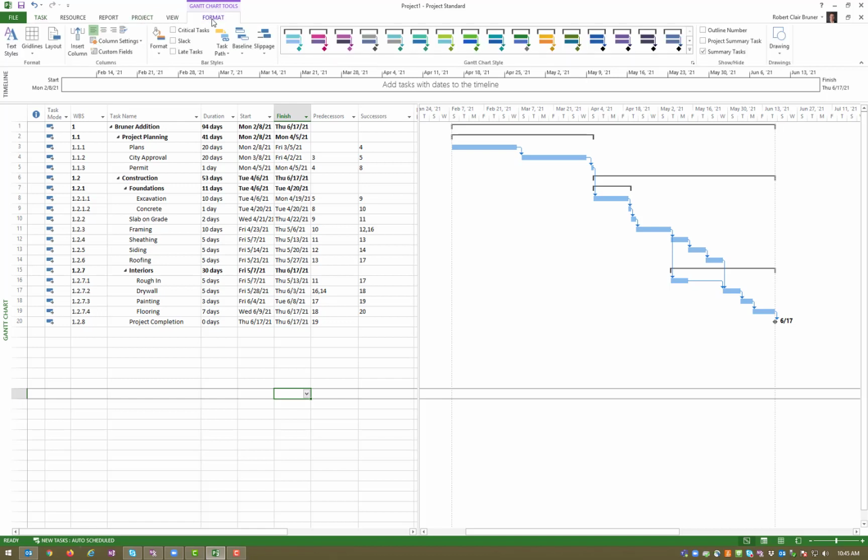Under Format, if I want to show my critical path in red activities, I'm going to hit Critical Tasks. Now, most of this schedule is going to be critical because it's linear. I have everything connected with a finish to start relationship. But let's say there was some overlap, like right here. So rough-in is not on our critical path because this takes longer than it. So rough-in can happen back here, and then there's some float in between rough-in and our drywall, which is good